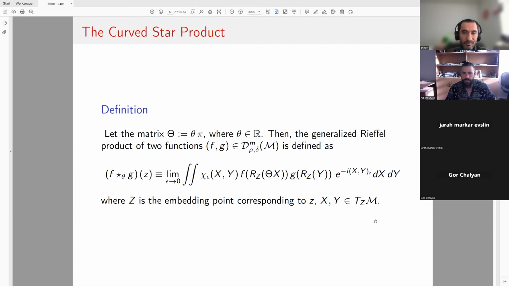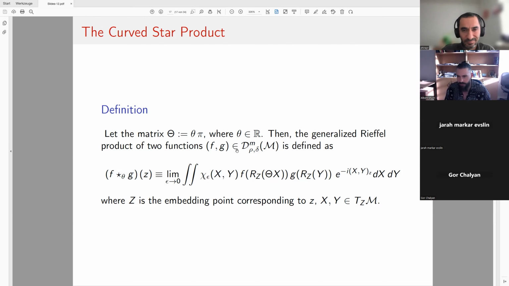Fortunately, this definition brought me a long way. Of course, there was a lot of sweat, tears, and praying involved until this worked. But basically, let the matrix theta be defined as a deformation parameter theta, which is just a real number, times this Poisson bivector. I define this matrix as this product. Then the generalized Rieffel product of two of these functions